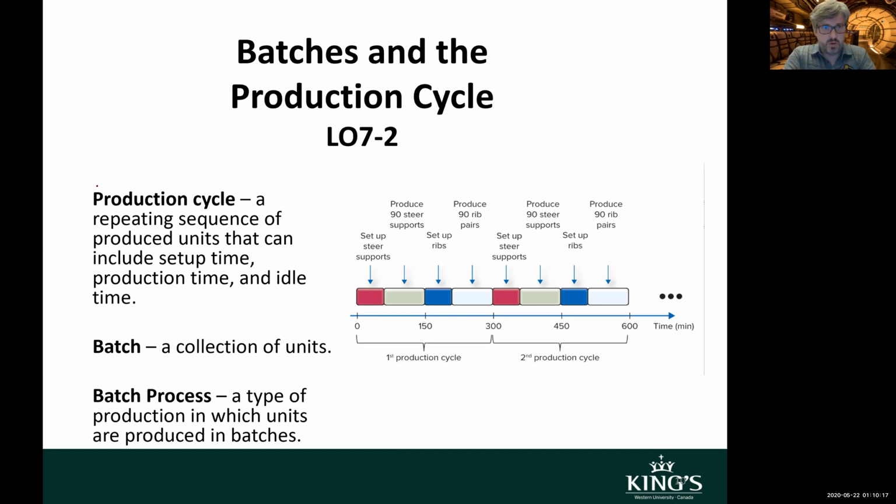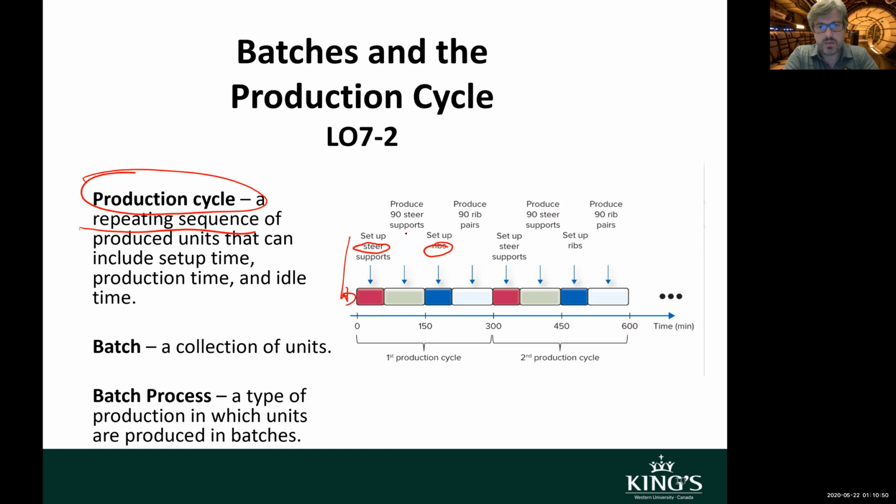The first one is what we call the production cycle. This is a repeated sequence, and it includes a setup time, a production time, and sometimes an idle time if your process is not balanced, right? So one production cycle, in this particular example, I have two sets of parts. I have steer and ribs, and a production cycle will set up my machine